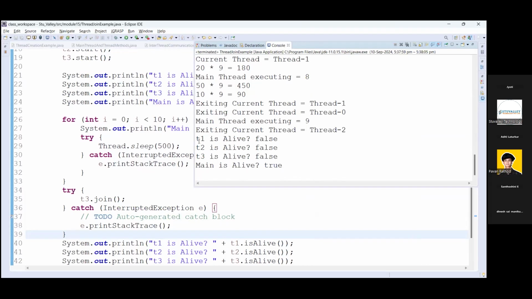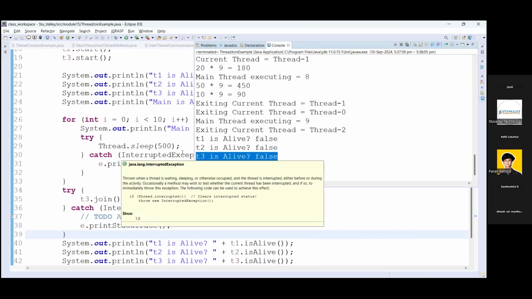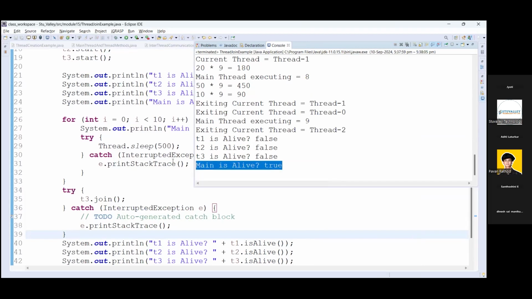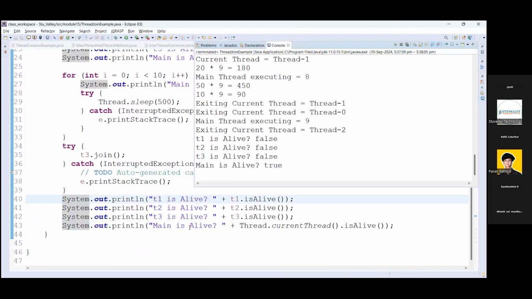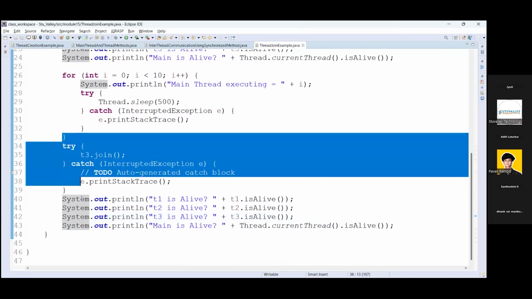So T1's execution is completed, T2's execution is completed, T3's execution is also completed, and then the main method is still alive. It completes its execution, and then it will be false. So this is why we use it. In the first execution also we got the same output, but the thing is that